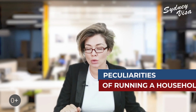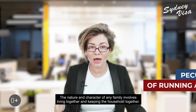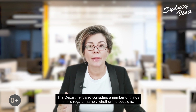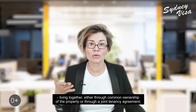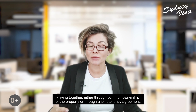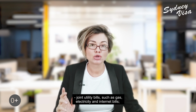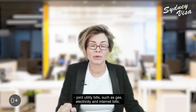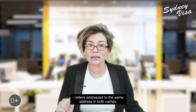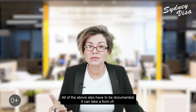Particulars of running the household. The nature and the character of any family involves obviously living together and keeping the household together. And the department considers a number of things in this regard, and namely whether the couple is living together, through either common ownership of a property or in a joint tenancy agreement, has children which share responsibility for their care and support, joint utility bills such as gas, electricity, internet bills, etc., division of responsibility for the upkeep of the home, letters addressed to the same addresses but in both names, and all of the above also have obviously